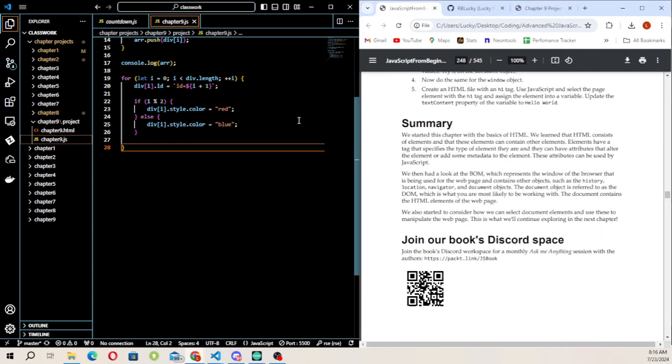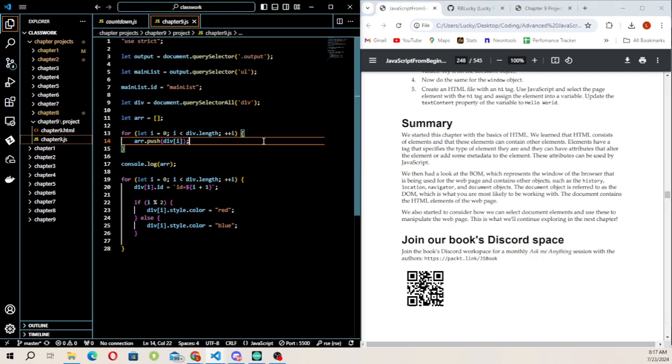In summary, what we did is we looked at the basics of HTML, and then we had a look at the document object model, and we had a look at elements and their tags. And elements have a tag that specifies the type of element that they are, and they can have attributes that alter the element or add some metadata to the element, and these attributes can be used by JavaScript as we've displayed here. We then had a look at the BOM in this chapter, which is the